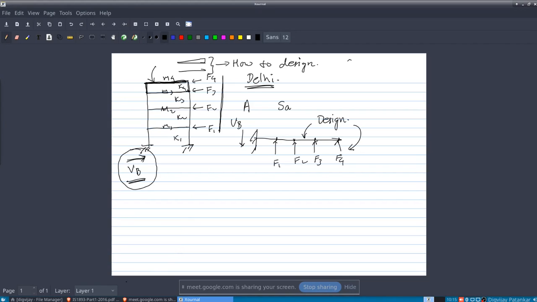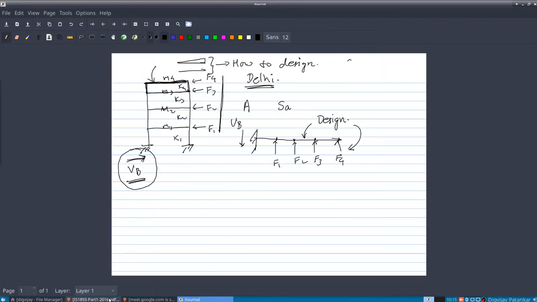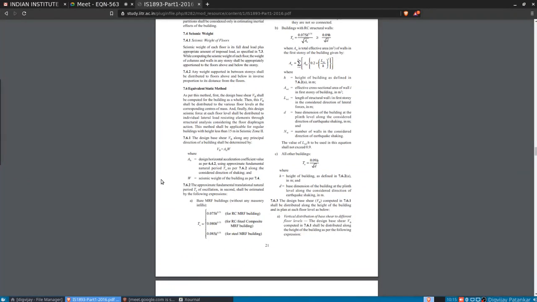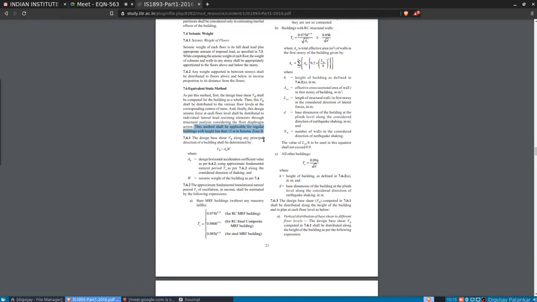So let us go back to our IS code, and here the equivalent static method is one method of obtaining this base shear VB. So let us start. The first point here I want you to understand or notice is this point. This method shall be applicable for regular buildings with height less than 15 meter in seismic zone